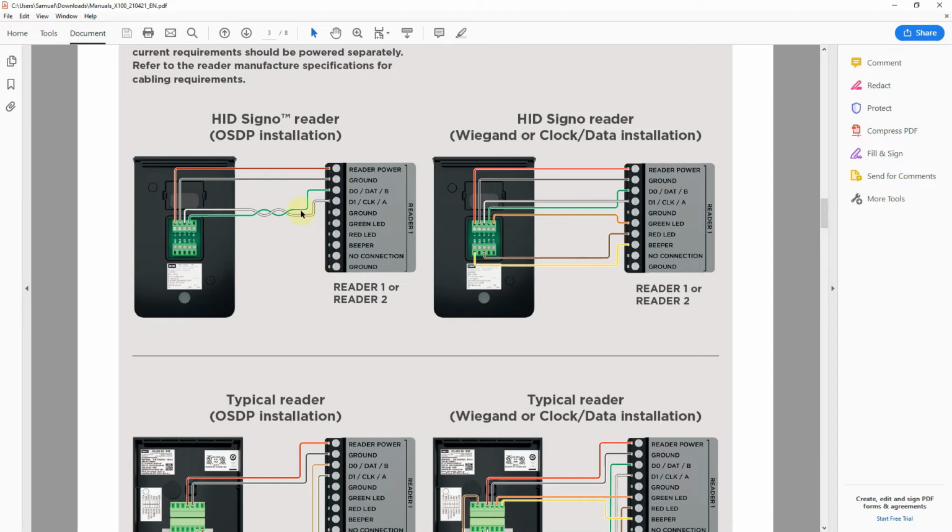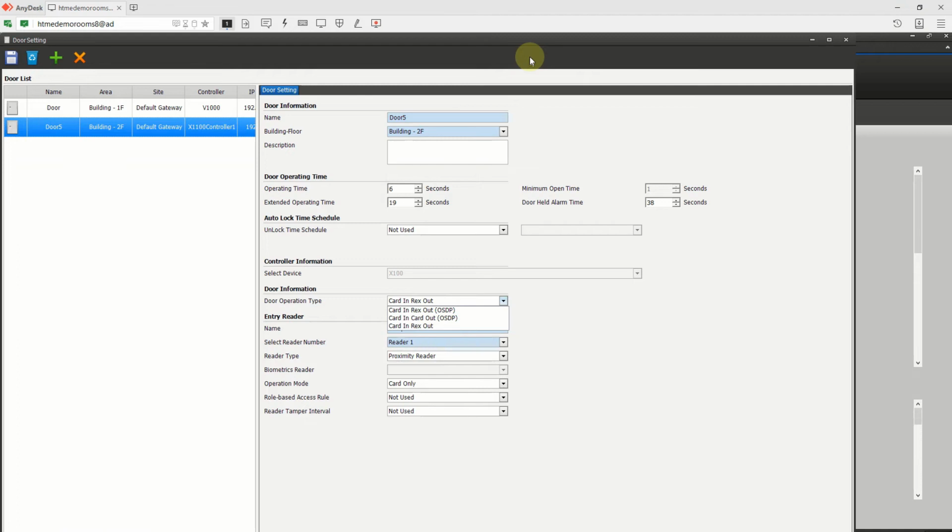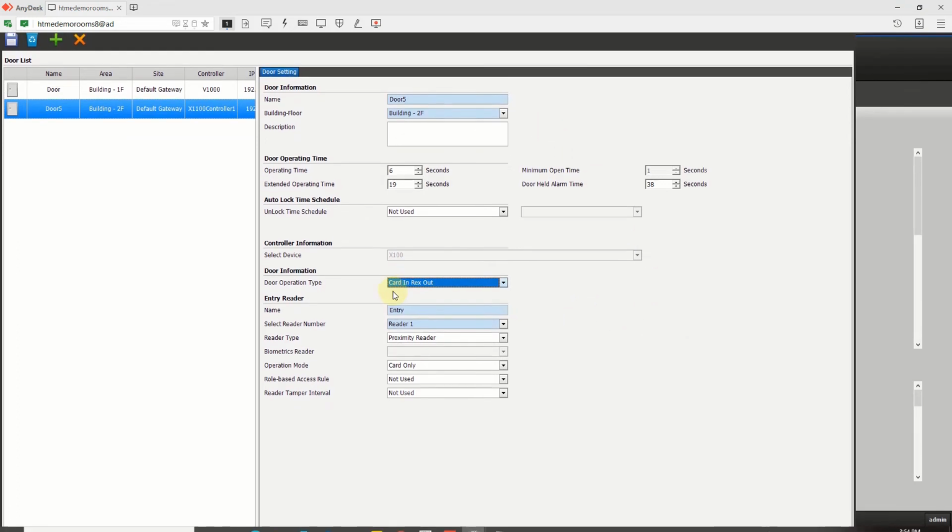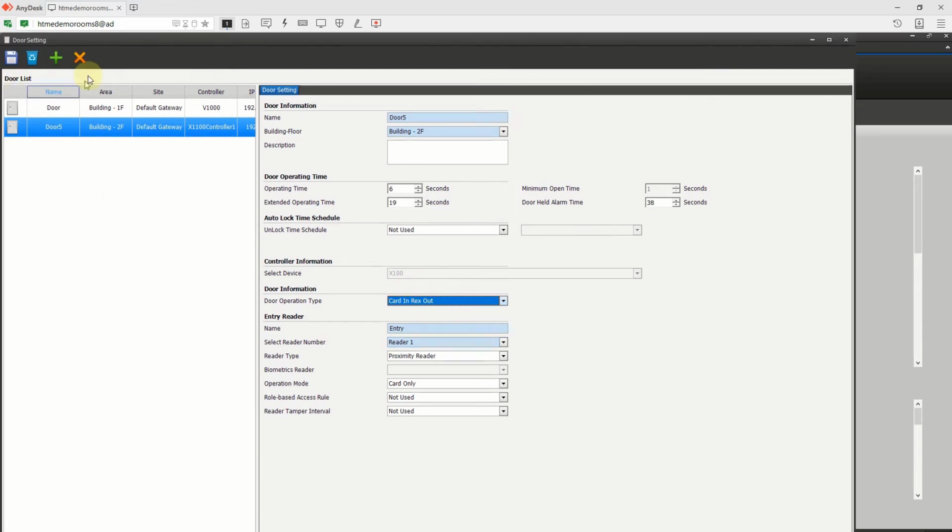If you have OSDP connection, you can connect two readers in the same output. Okay. If you're vegan, only one reader you can connect. That's the difference. For this, you can attend pre-sales training to get more data, or we will cover more in the next video. For now, I'm going to use the standard setup. Each reader port, one reader I'm connecting. All right, save